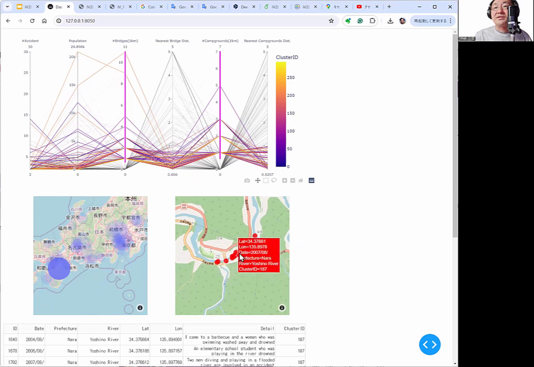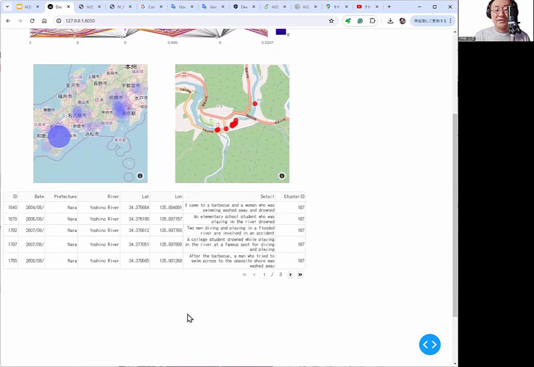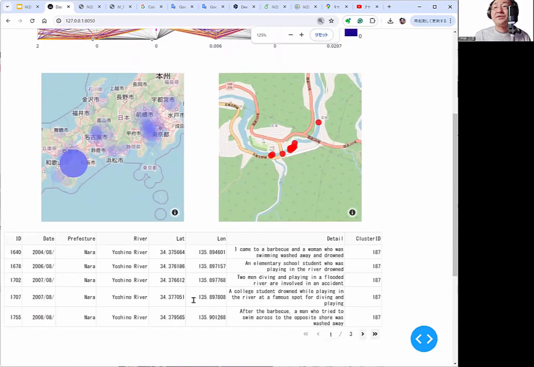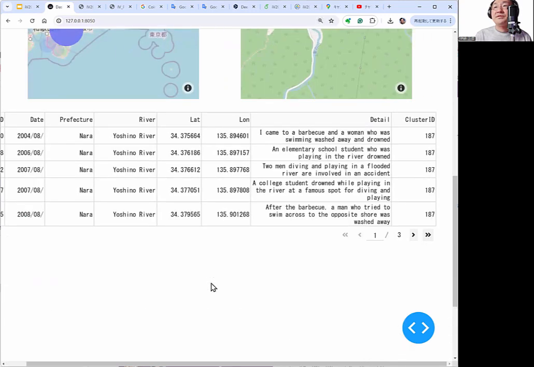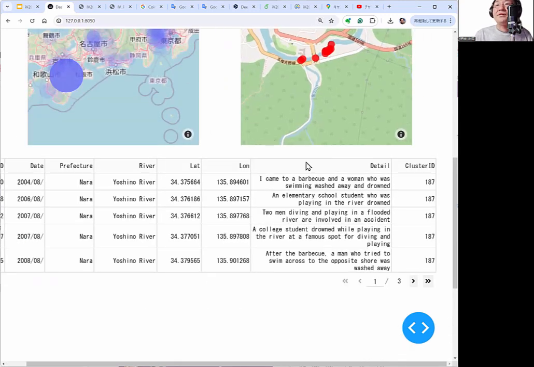I can check the detail of accidents on the tooltip, and we can check the detailed summary here. And yeah, barbecue and diving, diving after barbecue.